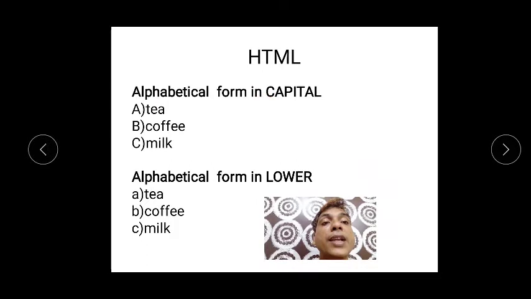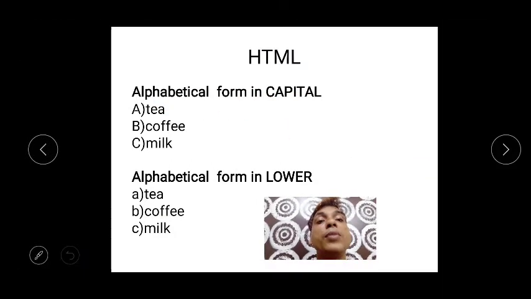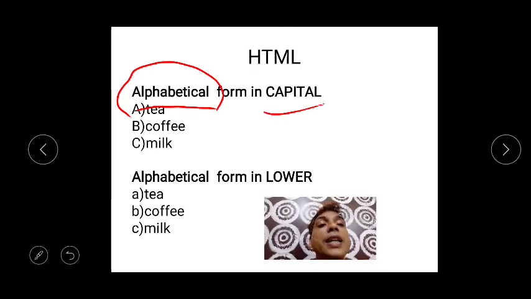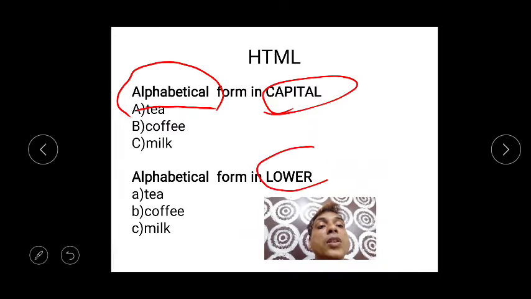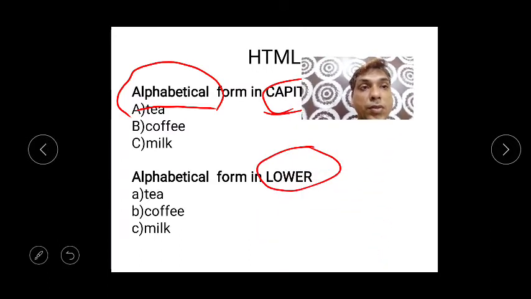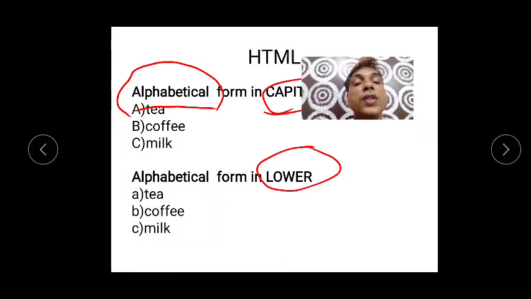This is like alphabetical form. But alphabetical form can be of two types. Okay, this is in capital and this is in lower. So capital and lower are there. Now you can see the list is the same, tea, coffee, but here you can see A, B, C. This is different and this is in small.